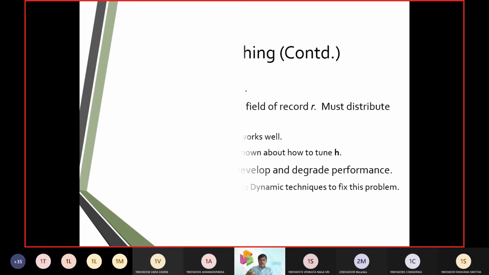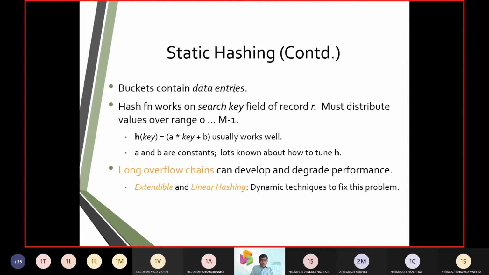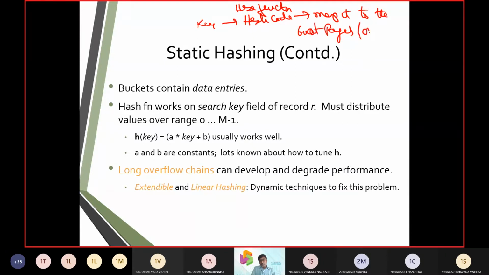Next comes how we are going to put this key. Then from the key we generate a hash code from the hash function. Then we are going to map it to the pages or to the overflow. This is the sequence: key, hash code, hash function. Then we are going to map. Now the question was,